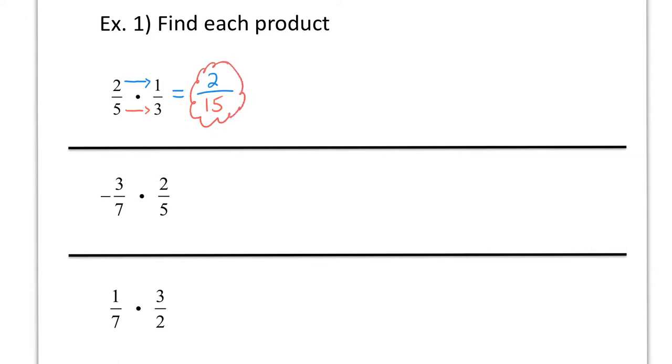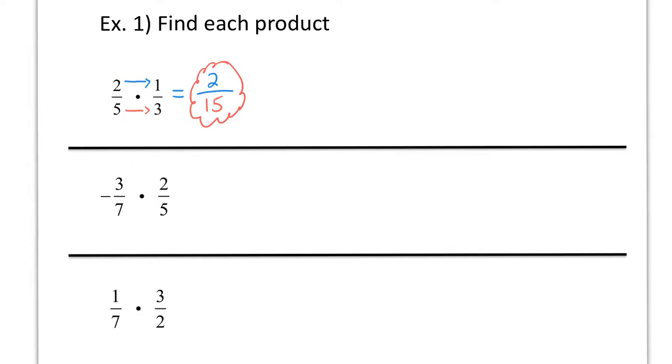The next one, you have a negative fraction, 3 over 7. So we have negative 3 over 7 times 2 over 5. So I'm going to check if you can cross simplify. 7 and 2, you cannot cross simplify. 3 and 5, you cannot cross simplify. What about this fraction? Nope, 3 over 7, you cannot reduce, and 2 over 5, you